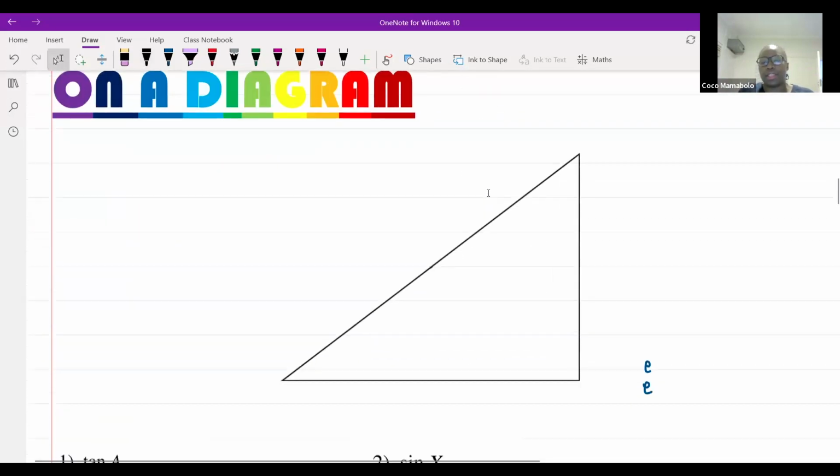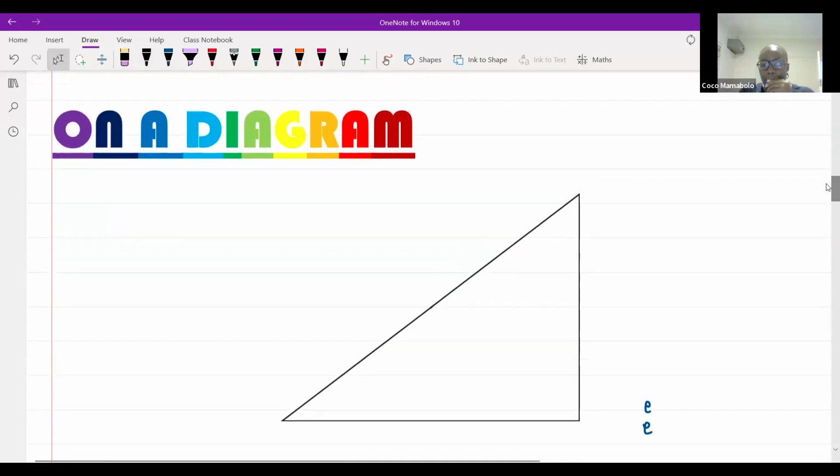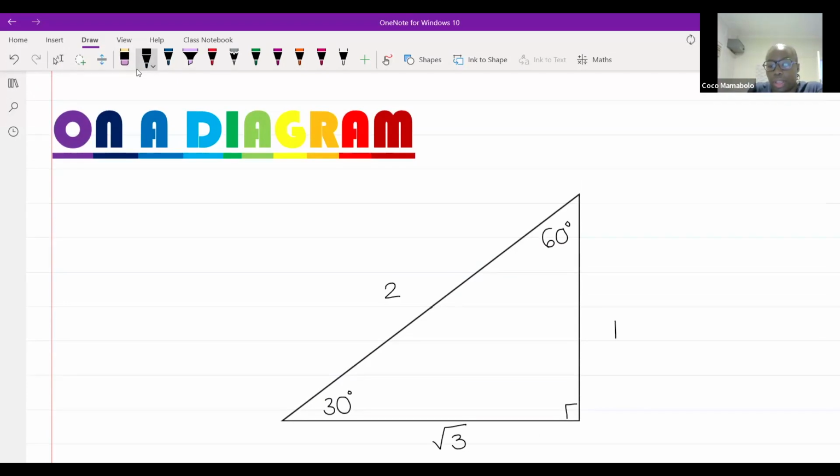Now, let's say, for instance, I give you guys a diagram. Here's my diagram. I'm going to tell you that this part over here is 30 degrees, and this part over here is 60 degrees, and there's definitely a 90-degree angle in there. Now I say that this is equal to 1, this is equal to 2, and this is equal to √3. If I said to you guys that I wanted the cos of 60 degrees,